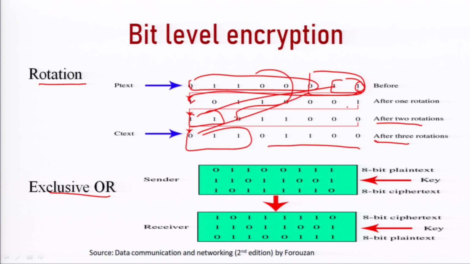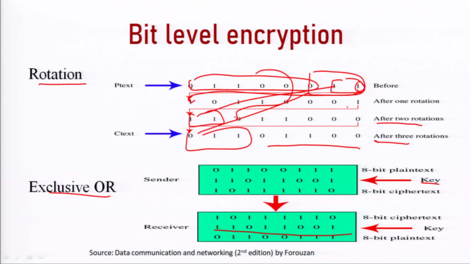Similarly, in the exclusive OR method, a key is used with the message. This is the 8-bit plain text and this is the key. If both the key and the message bits are the same, it will convert to 0, otherwise it is 1. So, 0 1 1 1 1 0 and 1 0 1, and similarly here 1 1 same, so it is 0. The same key is used again here for decrypting it, and if the bits are the same, it will be converted into 0, otherwise 1. You observe that the same message has been received which has been sent by the sender.